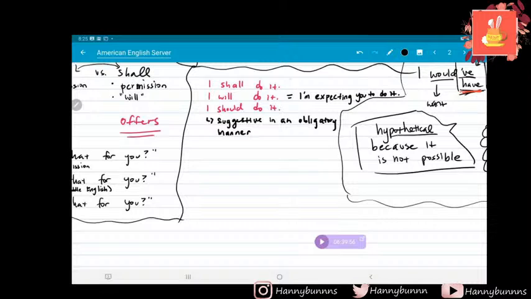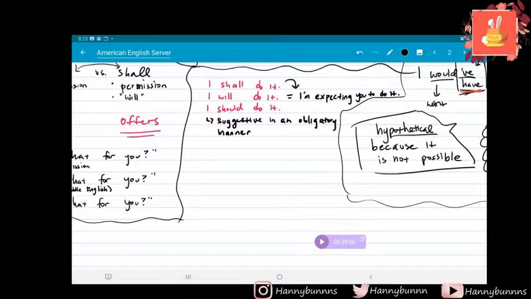I shall do it is basically the same as I will do it. But it's just Old English, I would say, so people can use it interchangeably. I don't know, someone can correct me if you have British experiences. I think they use shall to this day more than American English speakers, because the only time I ever hear